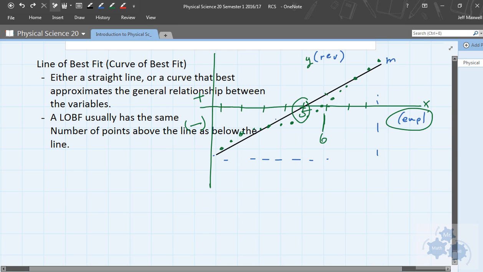Okay, if the line was horizontal like this, that wouldn't be so good. You want to kind of approximate the general relationship there. All right, so I'll draw that. I would want to mention one more